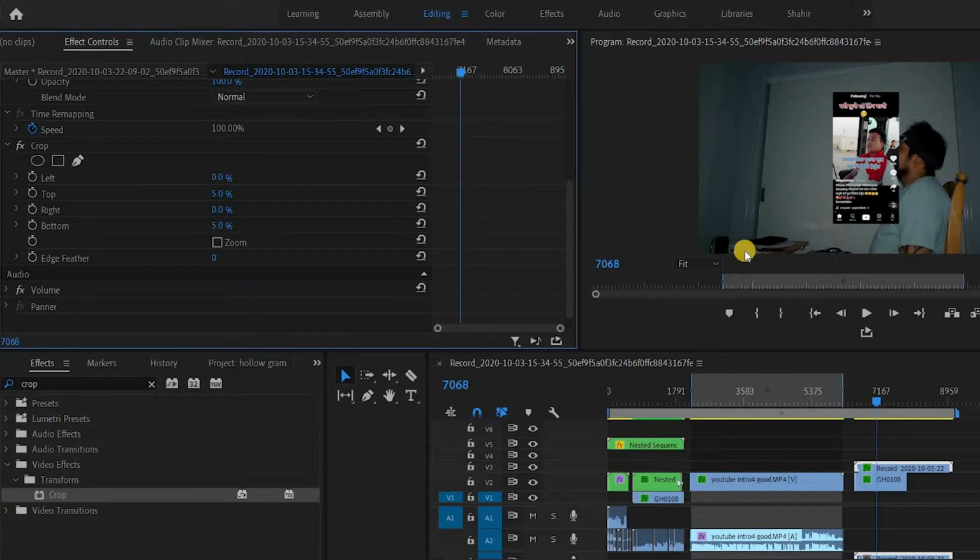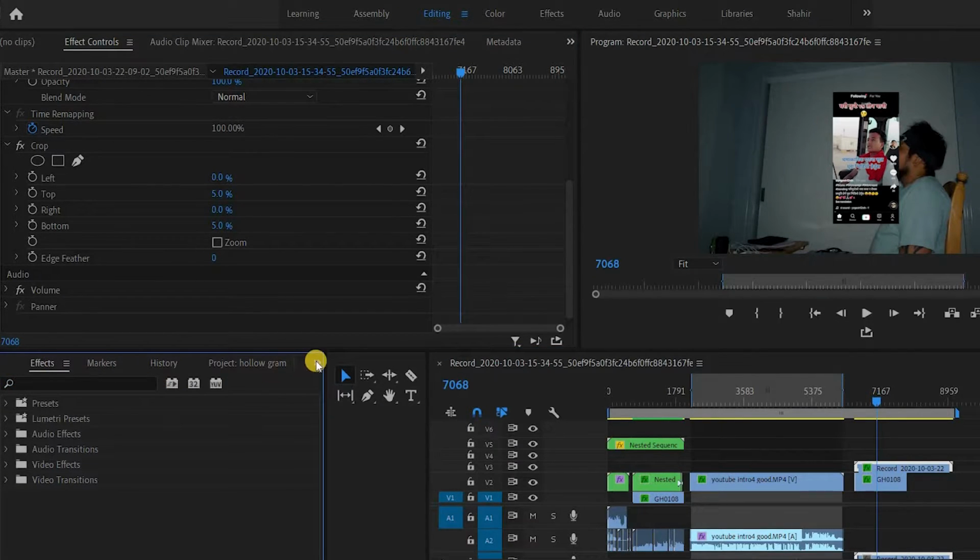Okay, now after you're cropping these, go to the effect panel again. If you don't know where it is, click on this arrow, 2 arrows, 1, 2, 3, 4. After 4 is effect. Or you can go from here as well, it doesn't matter, it's up to you guys. So go here and type